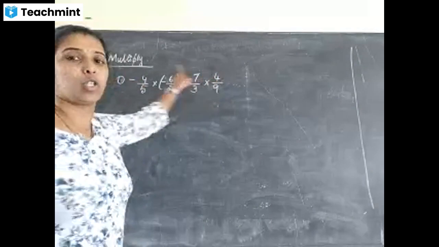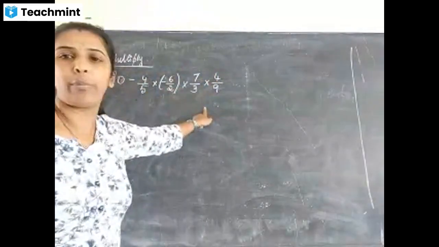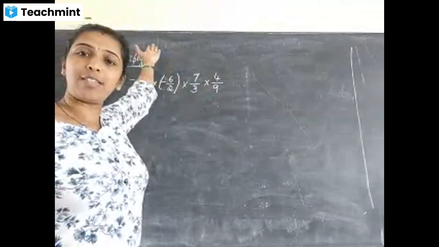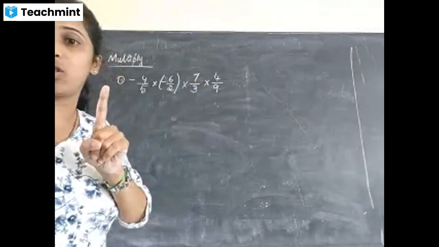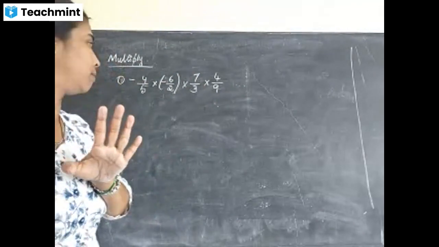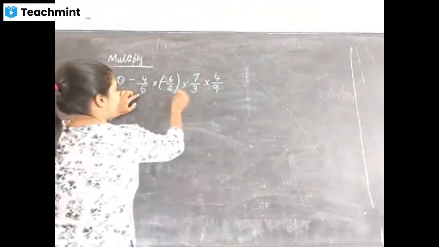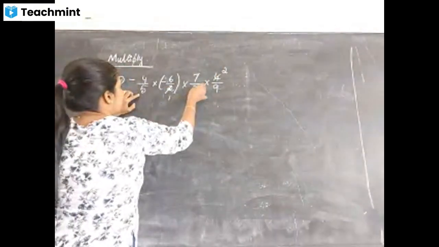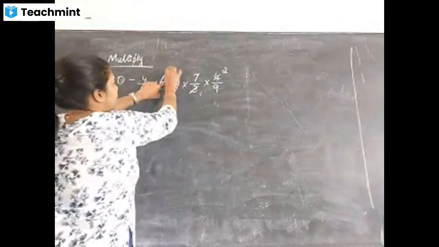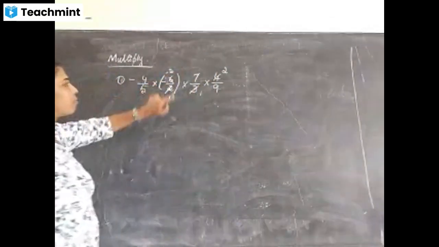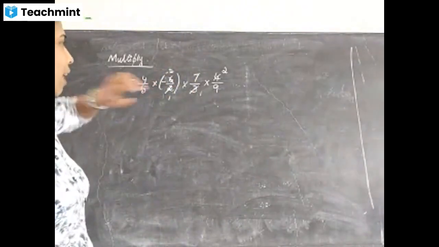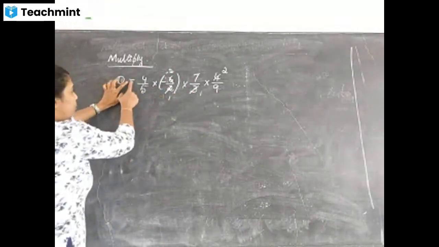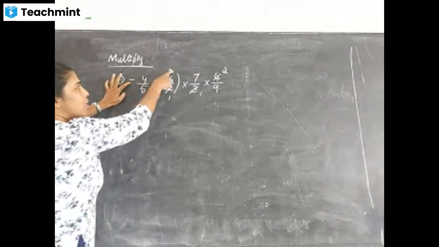That cancellation is not possible. Numerator to numerator or denominator to denominator we cannot cut. Up to down we can cut, any numerator with any denominator, only in multiplication, not in addition or subtraction. Understood? So we can cancel here: 2 ones are 2, 2 twos are 4. Then 3 ones are 3. Here minus is there, so 3 minus twos. Only that cancellation is possible. Now minus 1, minus 4, minus 2.